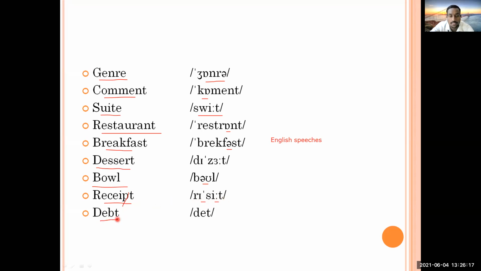And the last word here is this. What is this? Debt. Yes, you're right. It's debt. Many people call it debt. It is not debt at all, it's debt. If you don't know the meaning of those words, try to check them in dictionaries. Debt means some loan that you have taken, that will be considered as debt. So that's all about pronunciation.